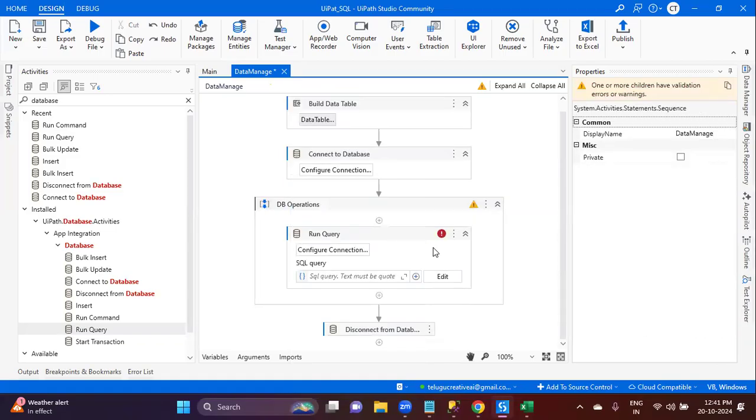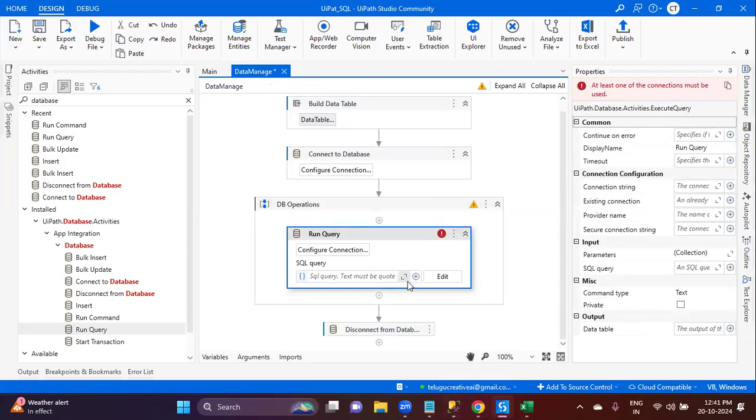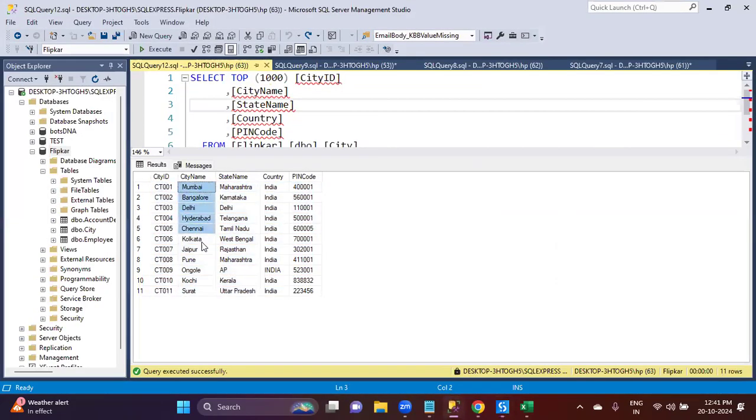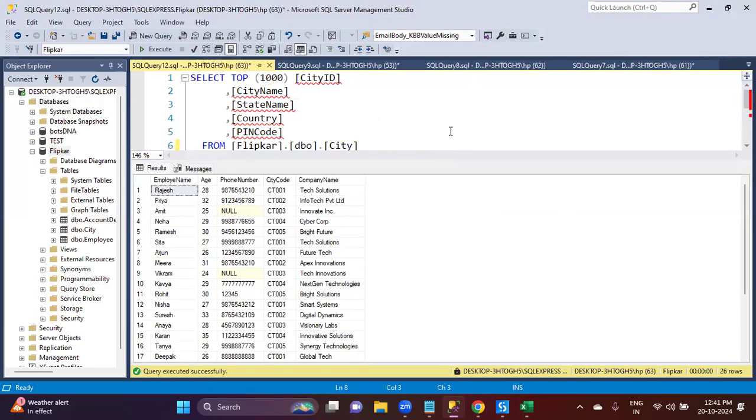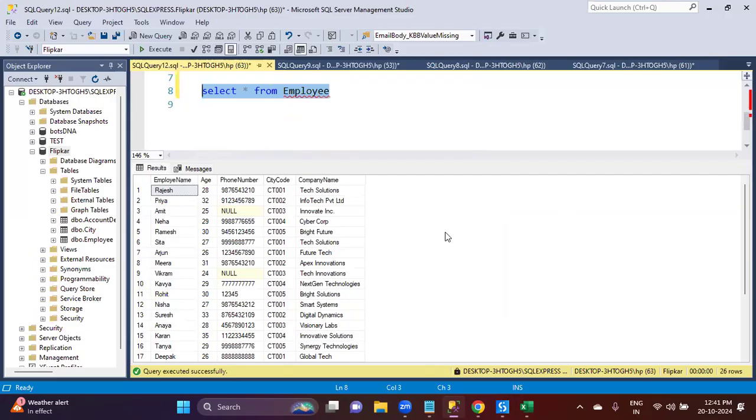So when SQL integration comes into the picture, what we can do is get the city names from here, based on the city. So we can update, let us see what is in the employee table. Select star from employee table. Okay. So for example,